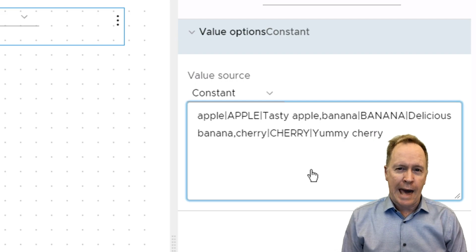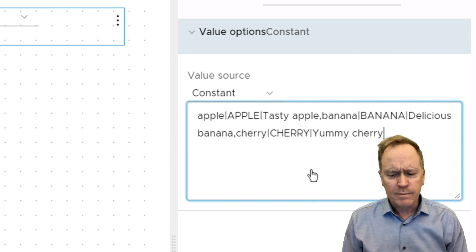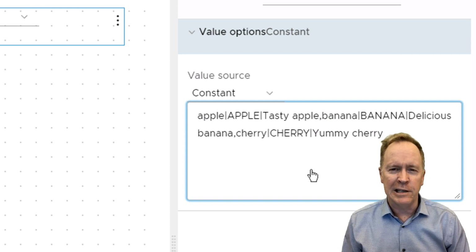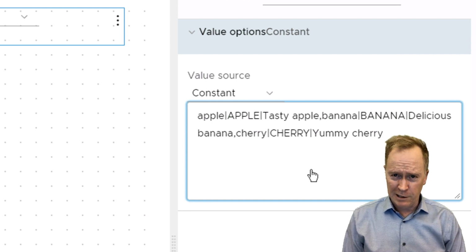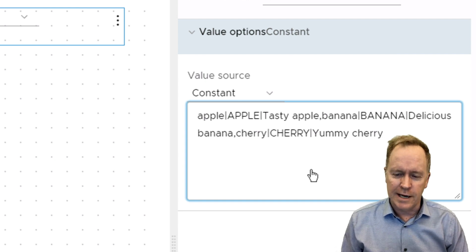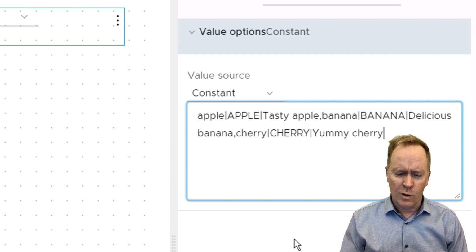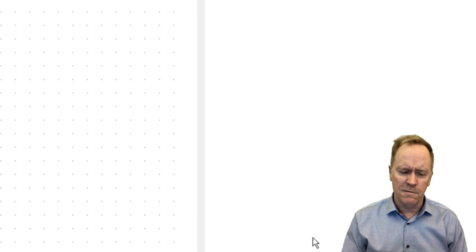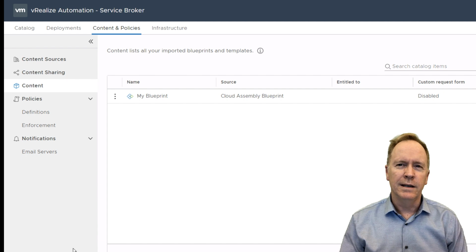The middle part, capital letters apple, is what the user is going to see in the drop-down list. Then the third thing in each of these entries is a description that the user will see if they choose this choice. So having set up our statically defined constant list of 3 choices in our drop-down list, let's go save our custom form. So I'm going to scroll down, go to the Save button,